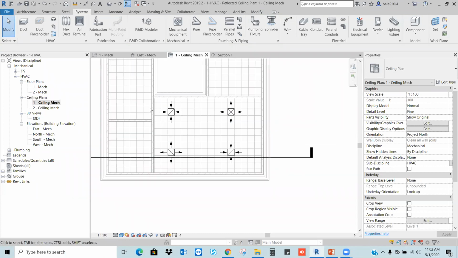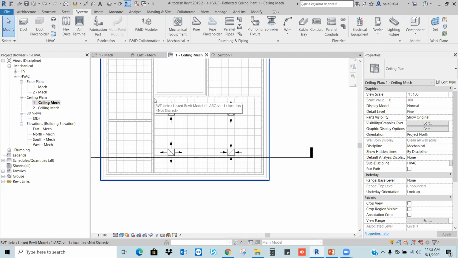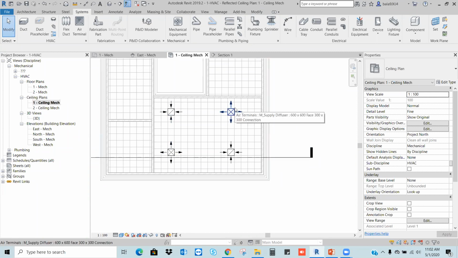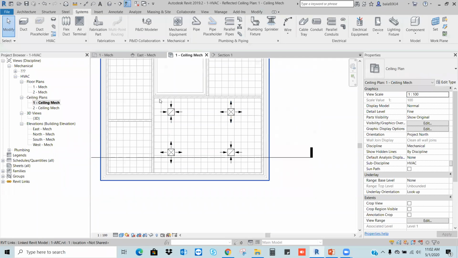On what basis will I place these diffusers? According to the airflow required for this room, and according to the manufacturer. Let's say, for example, I need 3000 liters per second of air for this room.